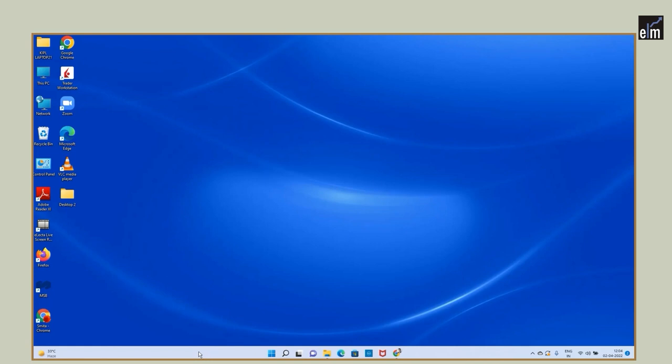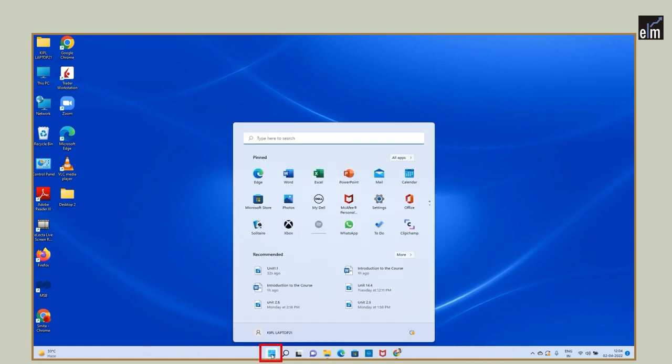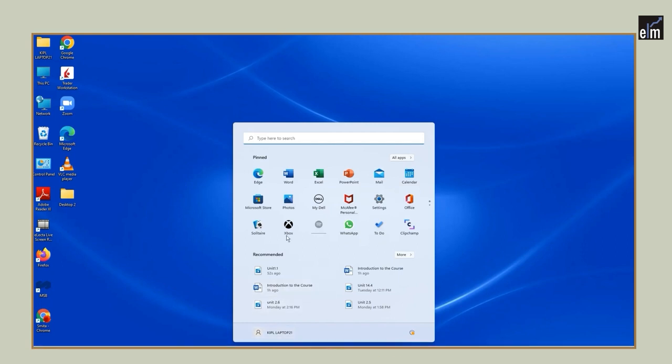Let's start. You can launch Excel if you have a shortcut icon on your desktop or on the taskbar over here. Otherwise, you can click on the Windows button, and in the menu you will find Excel, which will be with this icon. You just click on that,